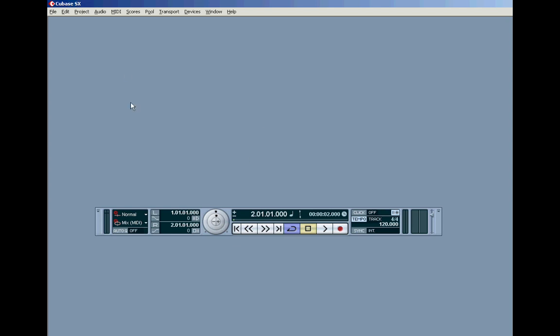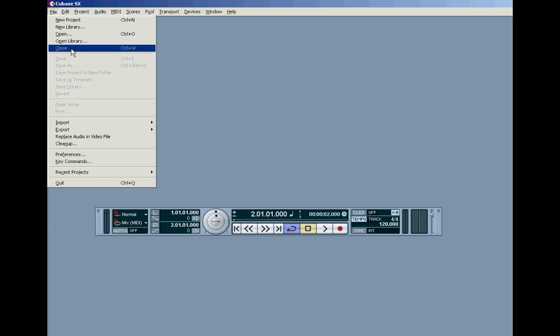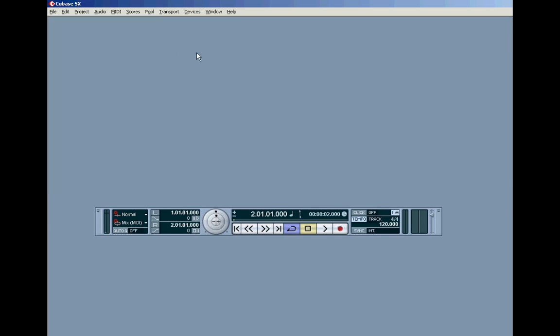If you've opened your Cubase and it's opened with a default song, simply go to File, Close, and shut that down. And let's start from a blank template, because I think for beginners, if we start from an absolute raw, blank, nothing set up, then we can see more easily how the different parts are brought in and how things work. Okay, so